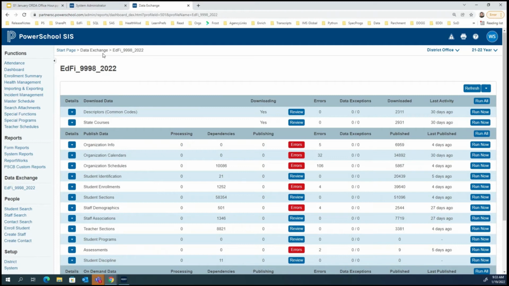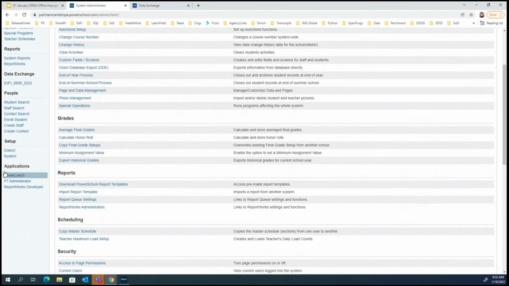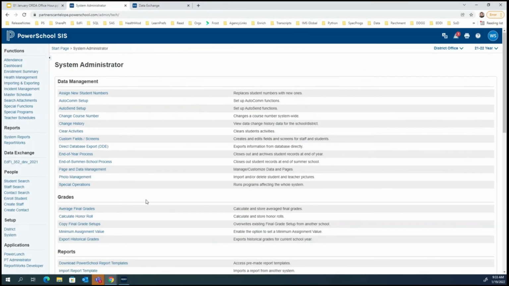I know that I kind of messed this one up over here, but we can still do the code set mapping. All right, so to do our code set mapping, we're going to navigate away from that dashboard for a minute. We definitely recommend doing this before you publish. You can do it after you've downloaded, you can really do it before you've downloaded, but this is a good time to remember to do it.